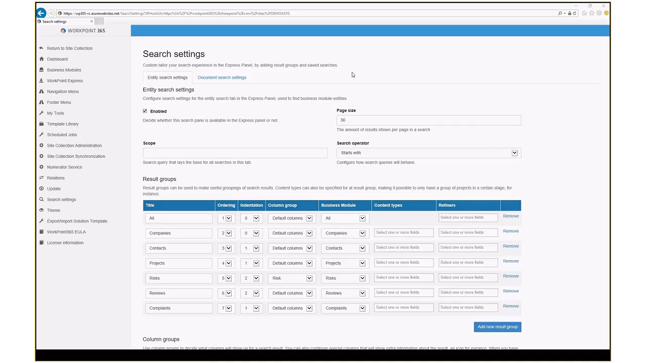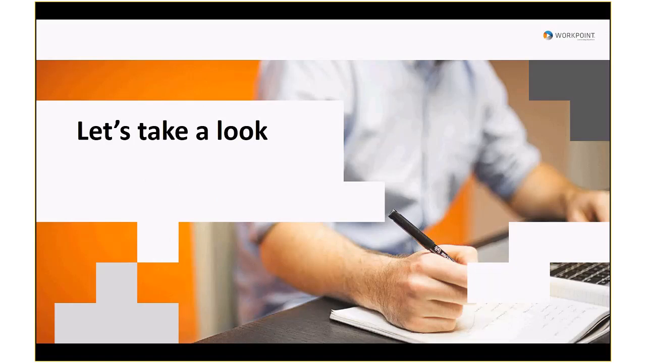Right. So far, WorkPoint search, WorkPoint multiple site pages, the news in the browser environment. We also released a new version of WorkPoint Express